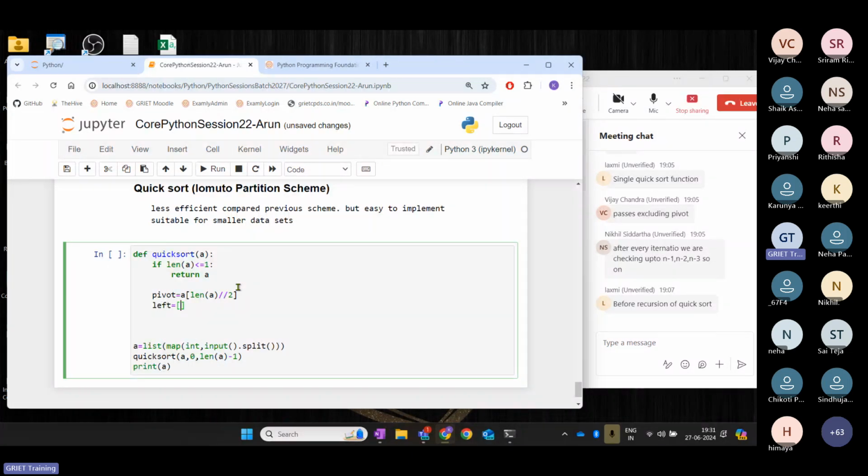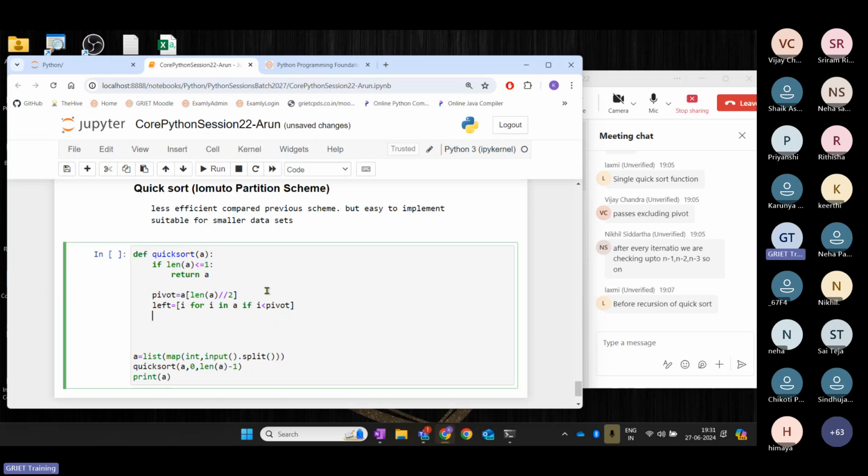So left, we have to use list comprehension for this, right? So for i in A, if i is less than pivot. So what is happening here in this case? Using list comprehension, we are separating all the elements that are less than the pivot, and they go towards the left side. Similarly,